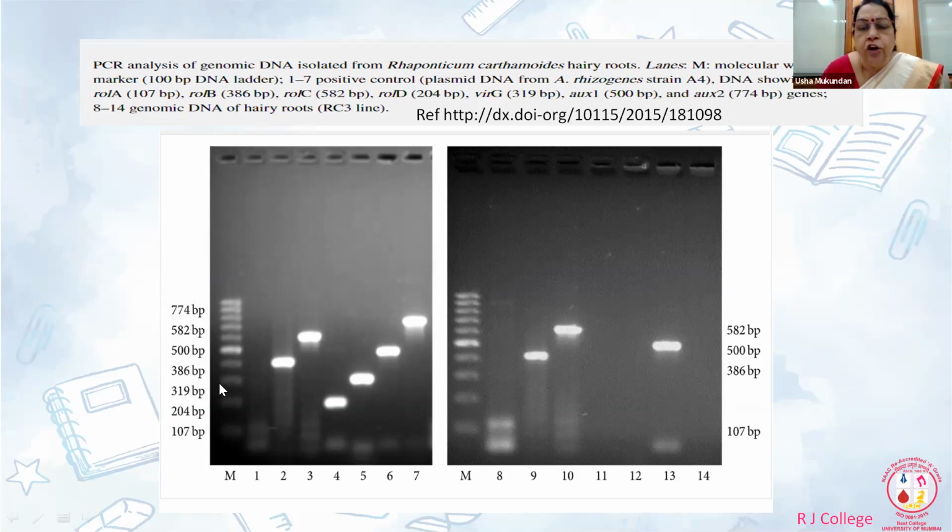So by plotting it on a semi-log paper, you can get a standard graph, and for the remaining, you only know the distance traveled, so you calibrate with the standard graph. Confirmation nowadays is done using a polymerase chain reaction to localize a specific DNA either present in the T-left or the T-right border.